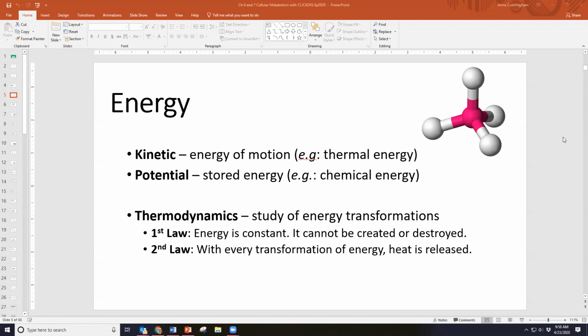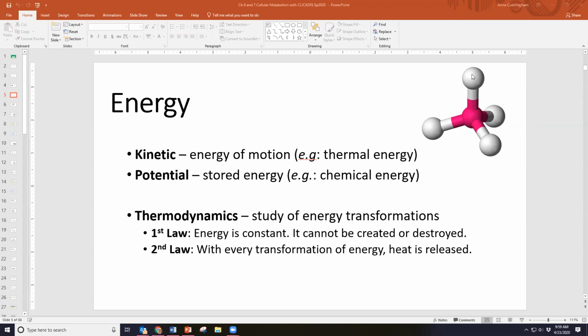Alternatively, you can have what's called potential energy, and potential energy is stored energy. An example of this is chemical energy, and we're going to be talking a lot about chemical energy in this lecture. I have a picture in the top right over here of a molecule. I want to say it's like methane. The reason I think it's methane is I think that this is a carbon and this is 4 hydrogens. But